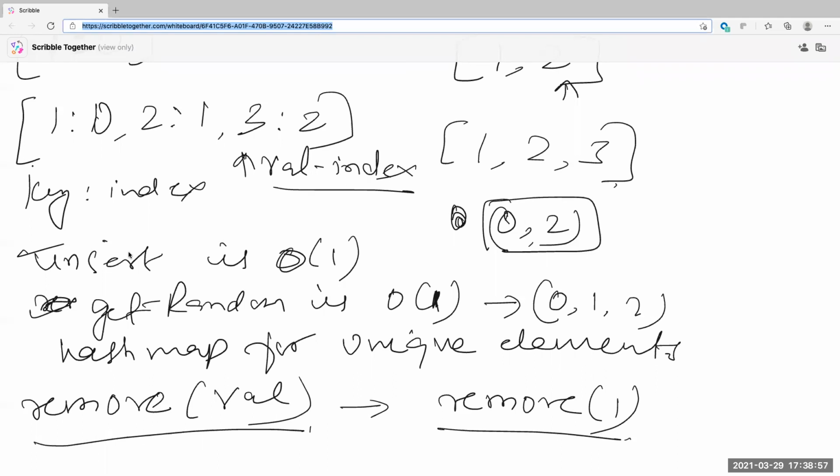Why is it not O(1)? How do you delete? The hash map delete is O(1), right? Yeah, but how about updating the array? If I delete from an array, it compresses, doesn't it? Well, depending on the language. Hear me out. You have an underlying array, and you have an index from the hash map. You just remove that element from the hash map as well as from the array. The hash map operation is O(1), but from the array, deletion is not.